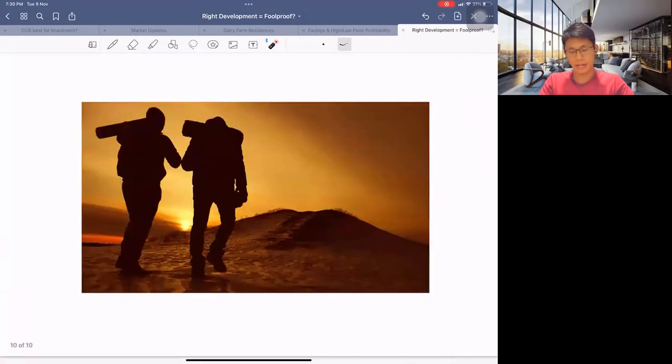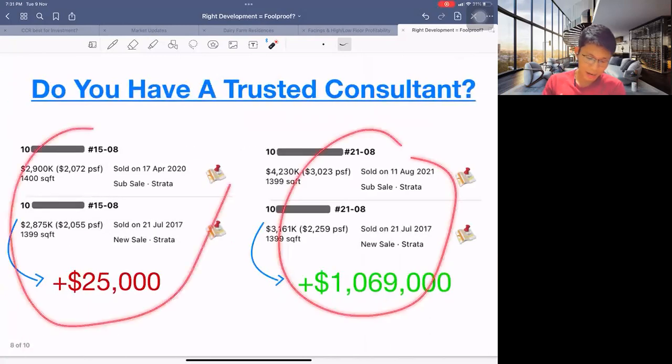So at the end of the day, it is very important, like I said, to choose the right consultant, because a lot of you think that agents are just somebody to help me sell the house. But if you see an agent as just an agent, then it is very unlikely that the agent will be looking out for your interests. And I think it applies not just to a property agent, or any other financial agent. Even your partners in your businesses, if you are good friends with them, and you can talk to them, you feel that they have your genuine interest at heart, chances of them walking the journey with you and thinking for your best interest is much higher,